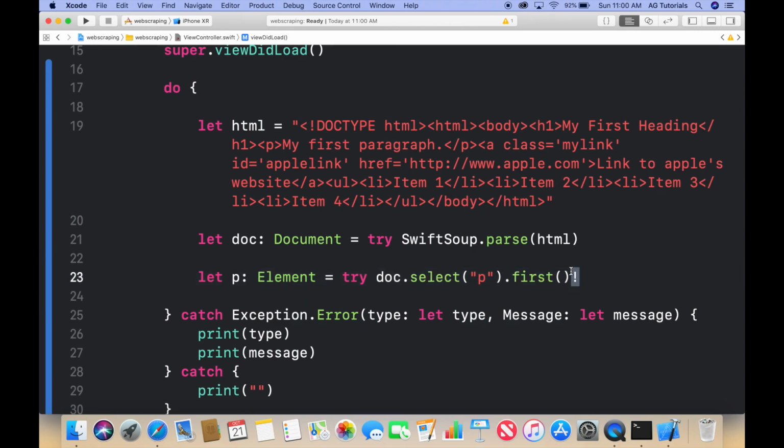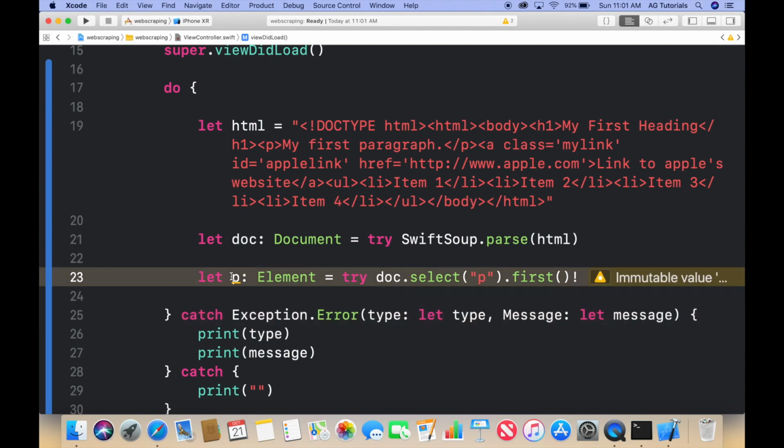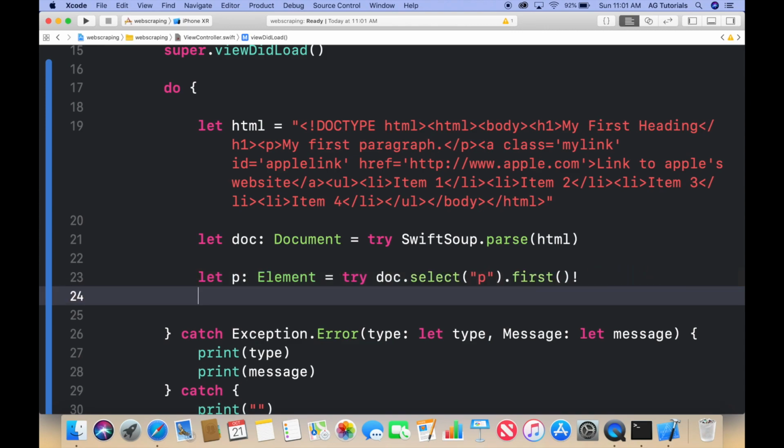And then we put the exclamation point here at the end to prevent any errors. So let P equals element. So now let P of type element, and we've selected the P tag. So now this actually stores that one part of the P tag right here. That just stores that. So if we were to print it out so we can actually see what happens, print